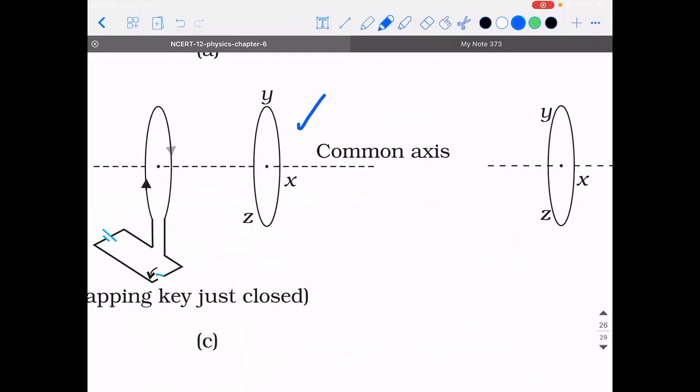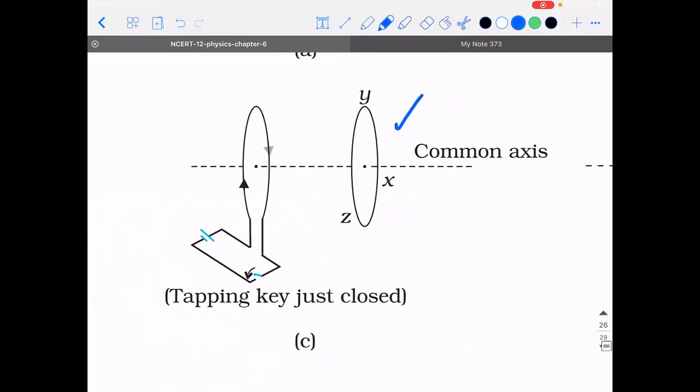Sir, is there a magnet? No, it's not a magnet, but it's a current carrying conductor. Current carrying conductor also acts like a magnet only. Sir, is it ZYXZ? How are you telling? I need the logic. Sir, I can't hear you. Your voice is feeble. I'm saying, how did you tell that? What is the logic? Sir, we're looking at the coil.